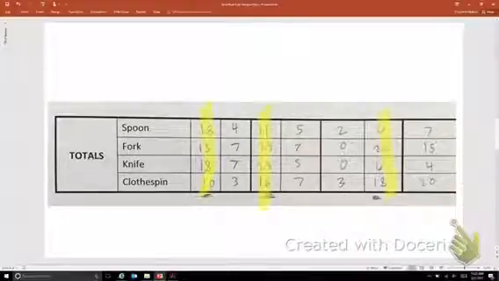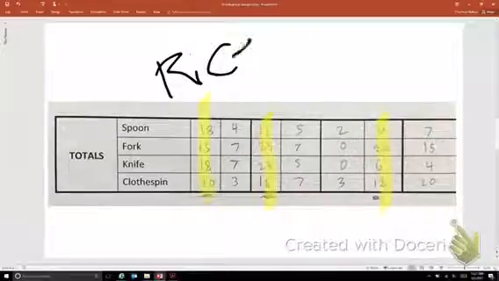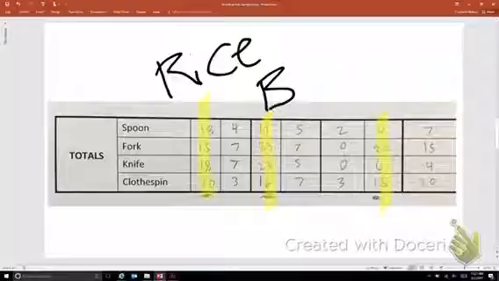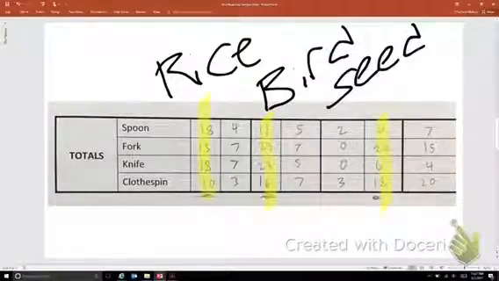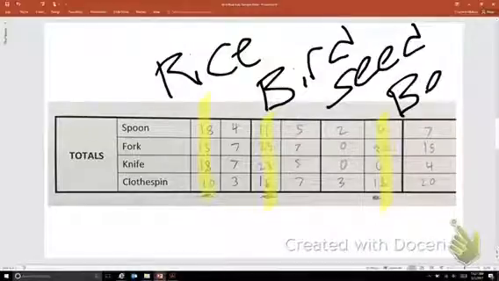And so when we look at that, if we go back and continue to look at these particular data, and we went back and looked at our chart, this first chart is our rice. And this third column is our bird seed. And this last column that we're looking at